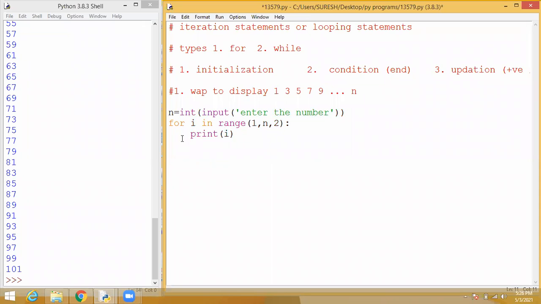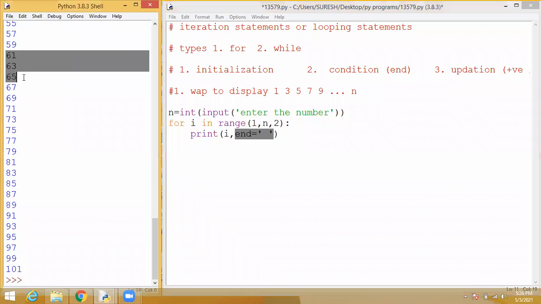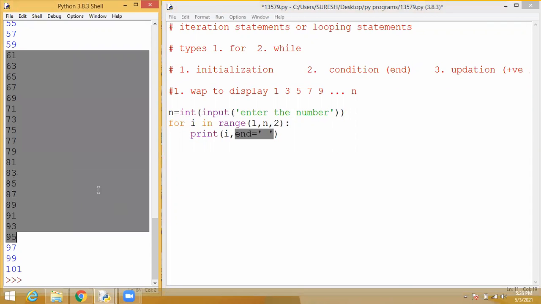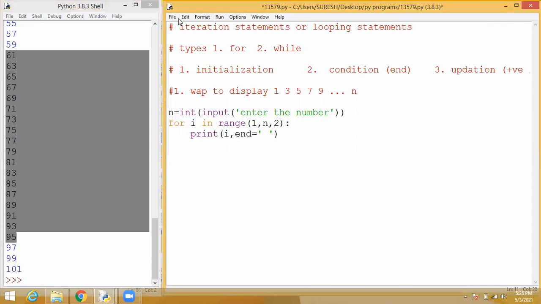After the print statement I give a comma, end equal to, single quotation, space, single quotation. This is called a separator. After every output it will separate with this. If you didn't give this, one output will come in one line.